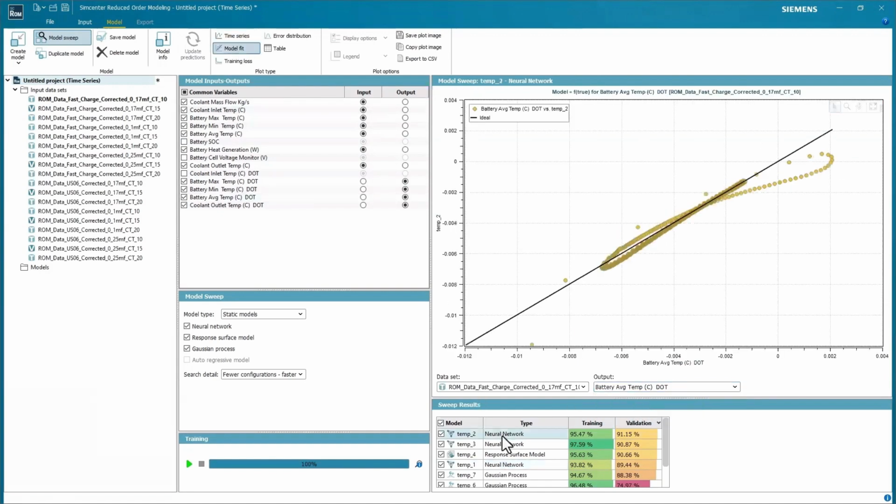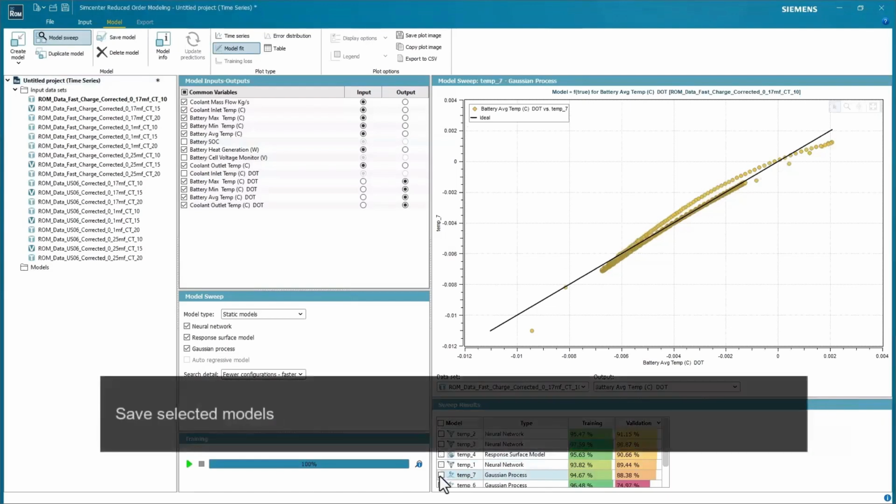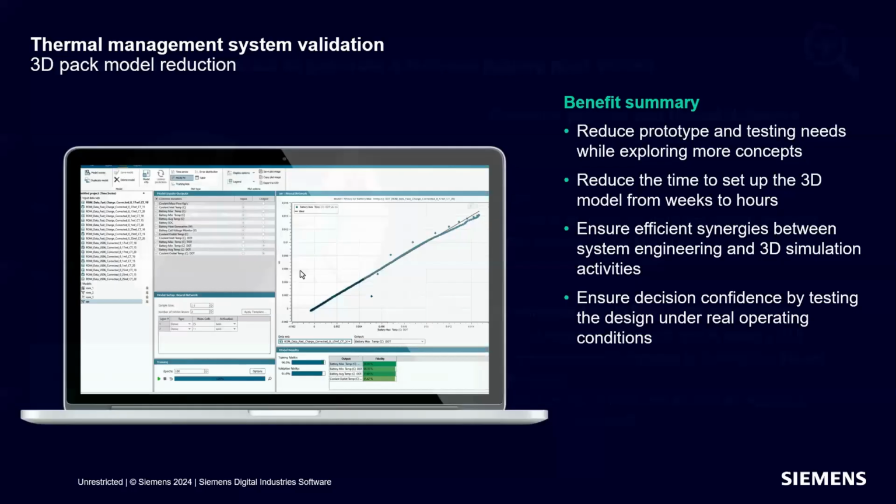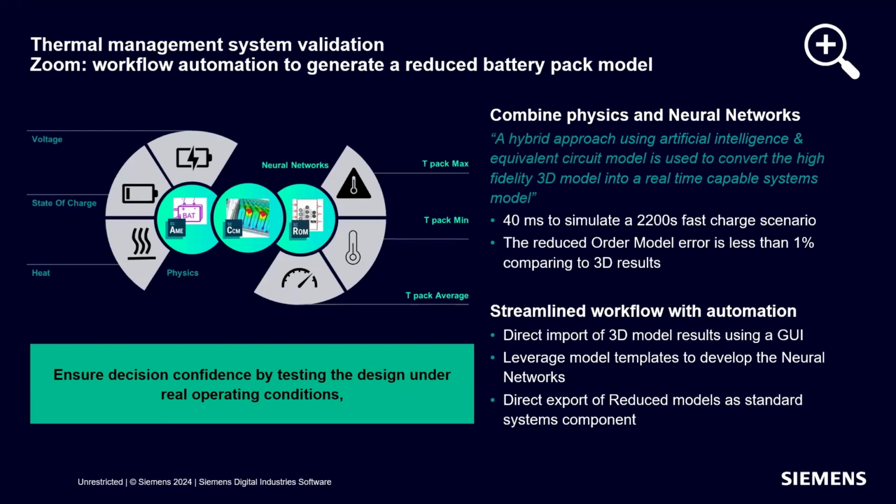And then after this is completed, you could essentially take this ROM and plug it into a network model where you'd be able to couple easily those high fidelity 3D CFD results, condense them down into a reduced order model and plug that in as a component into your network model